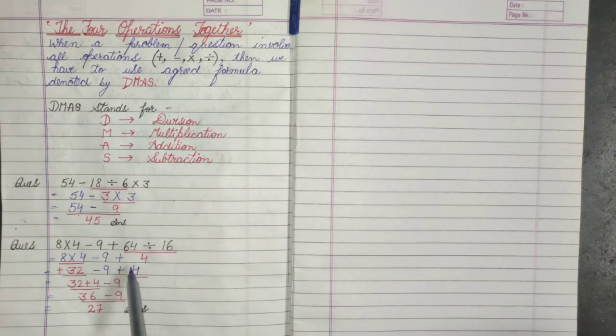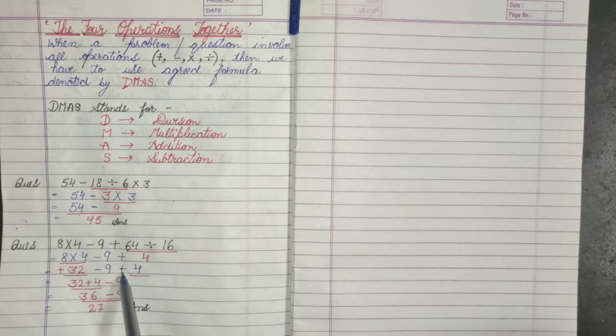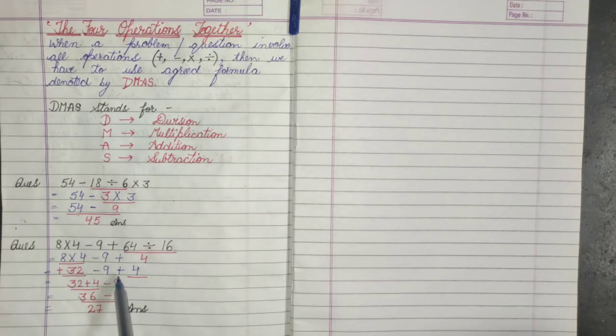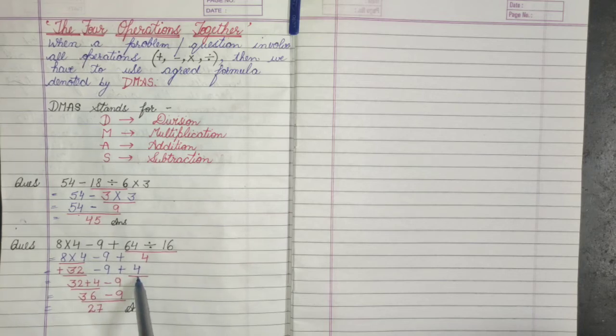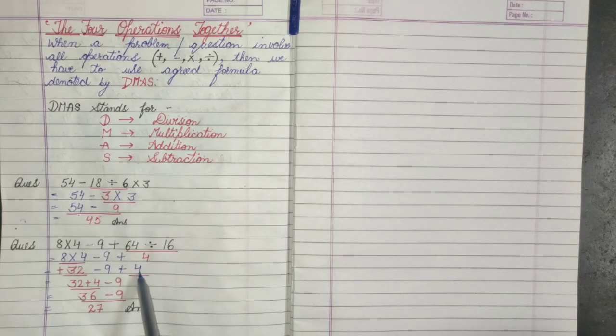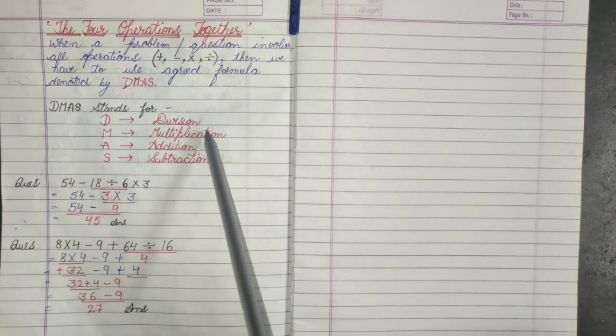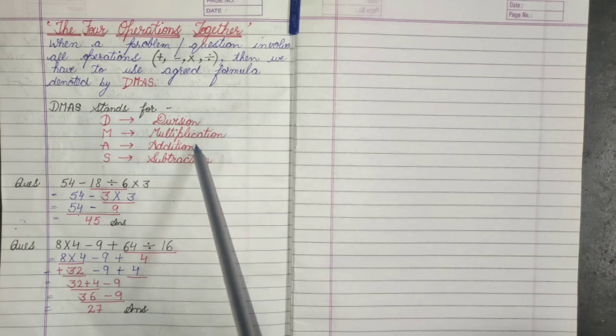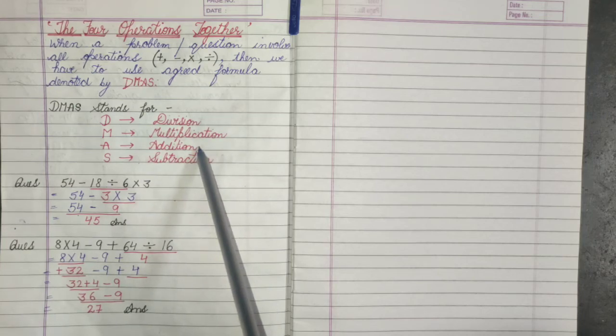बच्चे, किसी भी नंबर के आगे उसके जो साइन होता है, we use to think and we use to agree on this point कि वो साइन उस नंबर के लिए होता है. As you can see, minus is there, so we will consider minus is for 9. Here plus is there, so we will consider plus is there for 4. Clear? Now after doing multiplication, I told you we have to do the addition. Addition means plus.